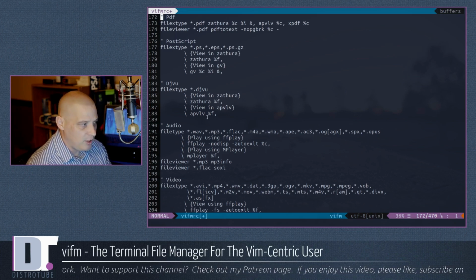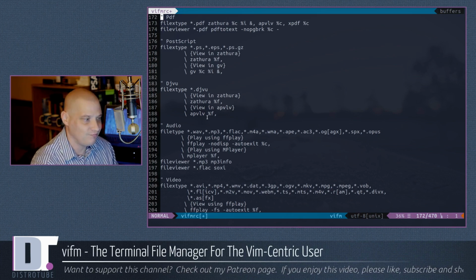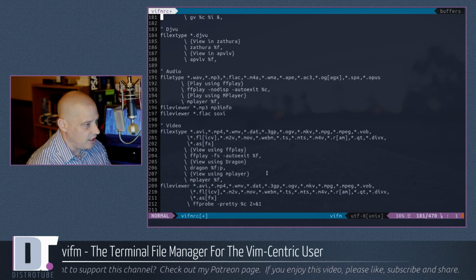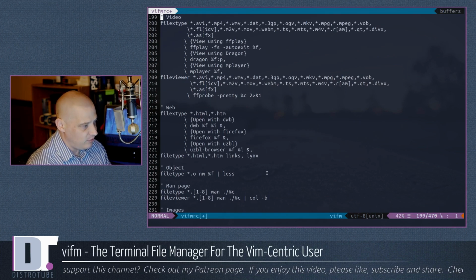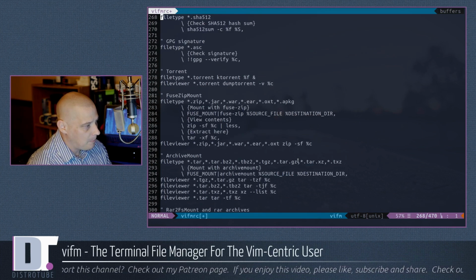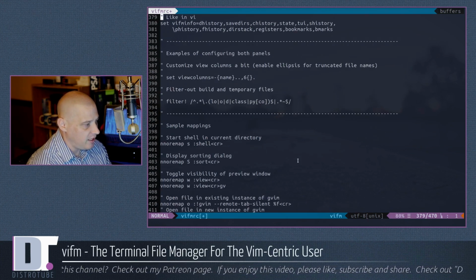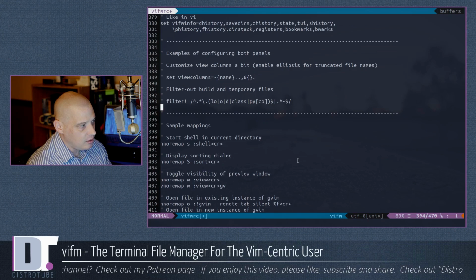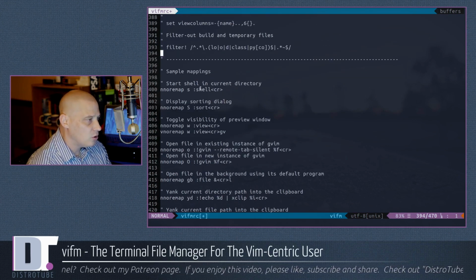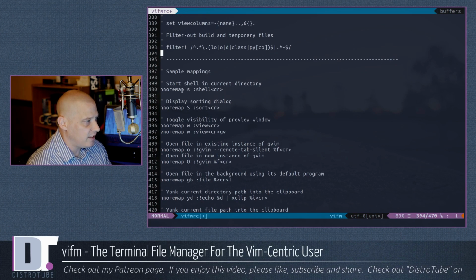So your .mp3s always open in VLC or Audacious or whatever it is you use. DeaDBeeF, one of my favorites. Anyway, it's your standard plain text config file. Pretty easy to maneuver. Start shell in current directory, and that is mapped with